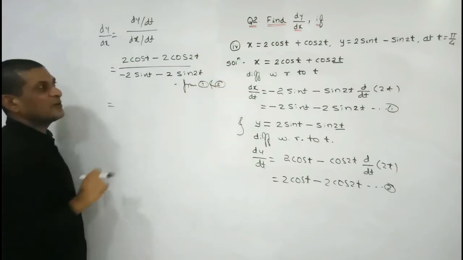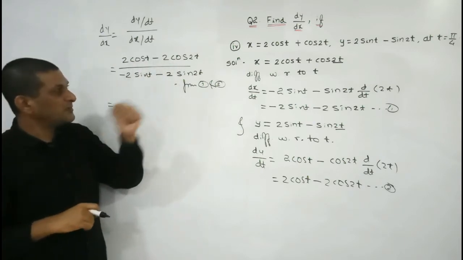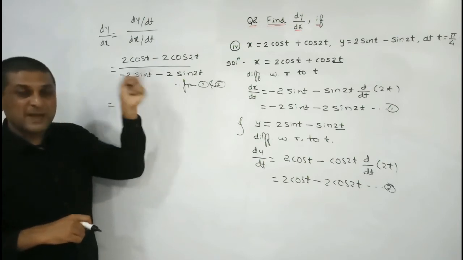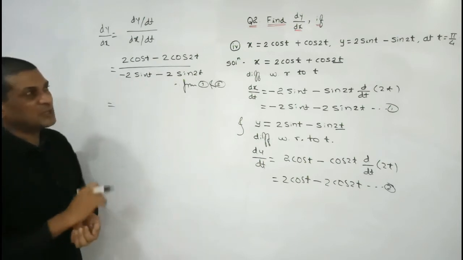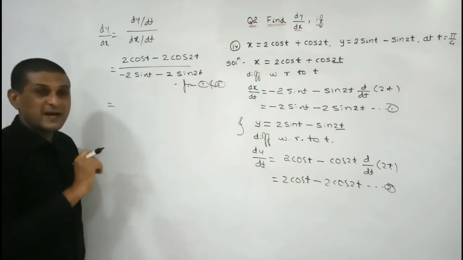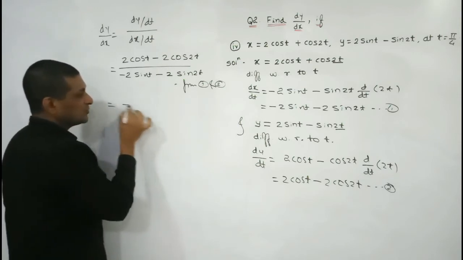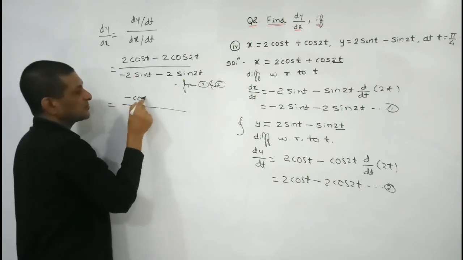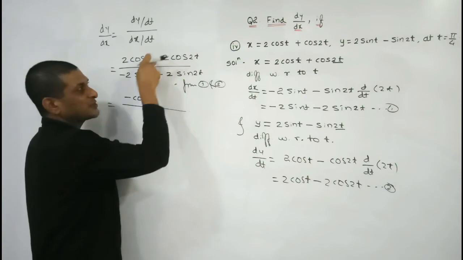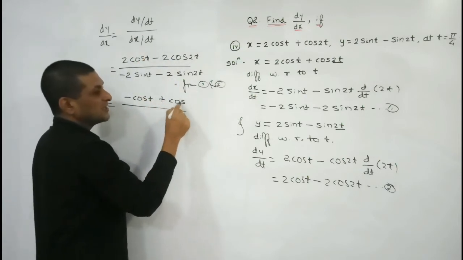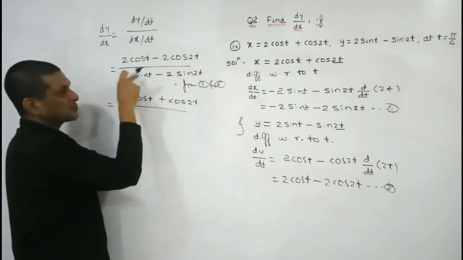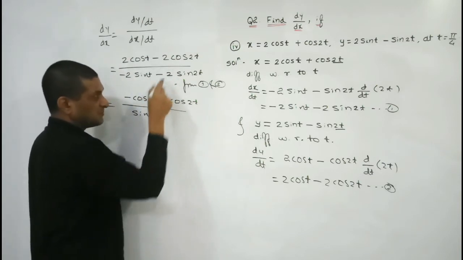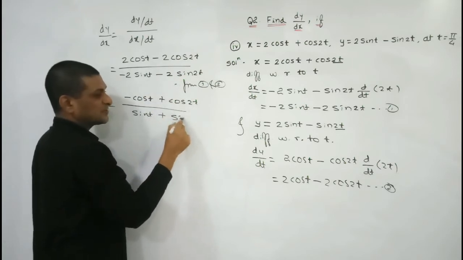Here easily we can observe that both the numerator and denominator are divisible by what? Minus 2. Because maximum terms of minus 2 appear here, that's why I'm dividing the numerator and denominator by minus 2. Let us see what we'll get. If I'm dividing here by minus 2, here remaining term is minus cos t. If I'm dividing by minus 2 it will get cancelled, remaining term is cos 2t, divided by minus 2 will get cancelled, remaining term is sin t, and divide by minus 2, here we will get minus, after cancelling minus 2, remaining term is sin 2t.